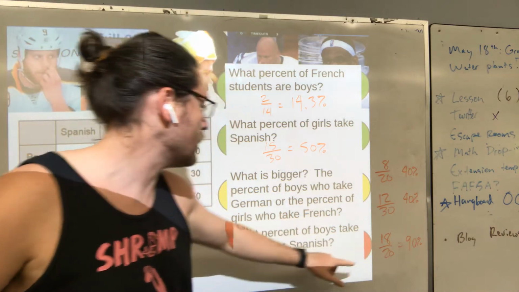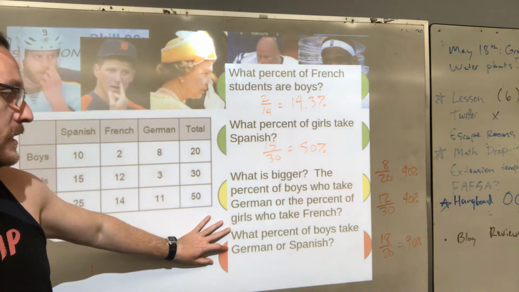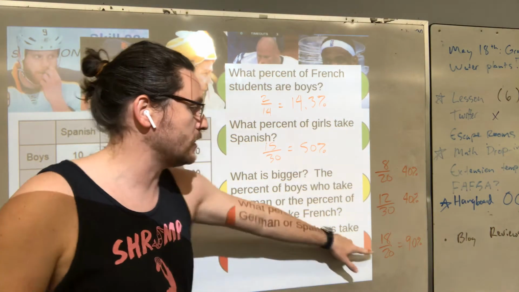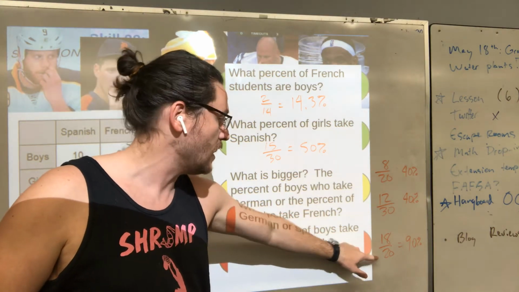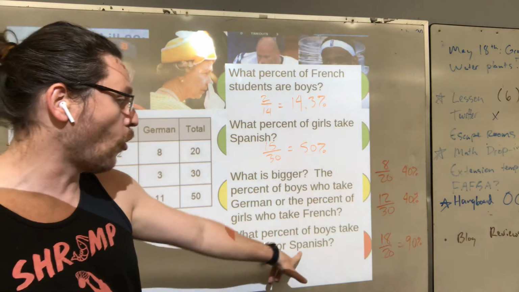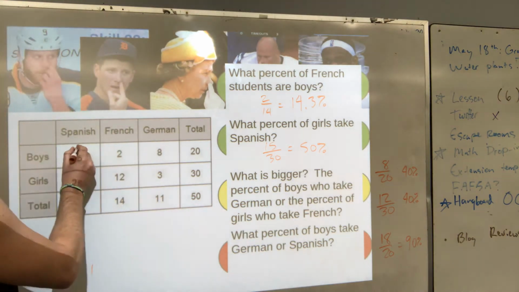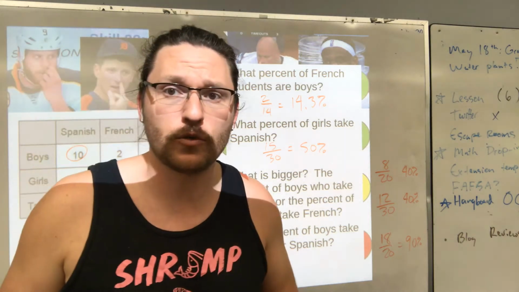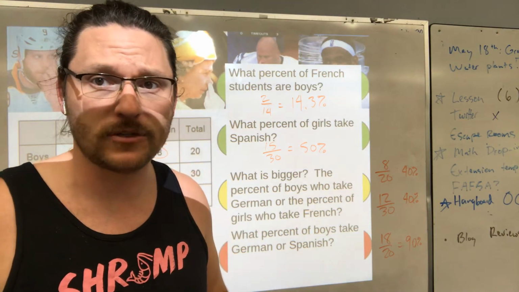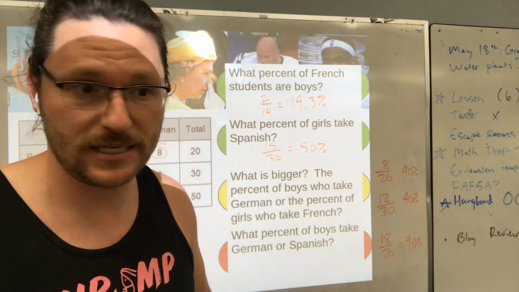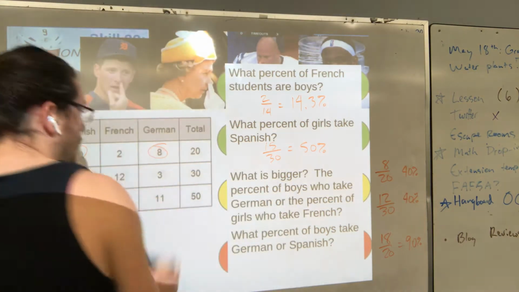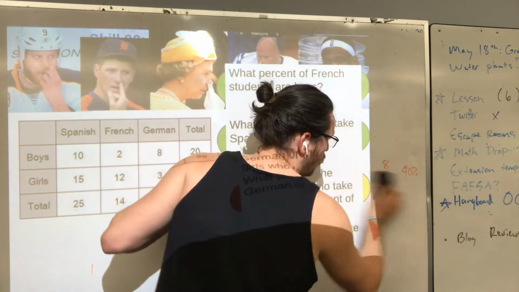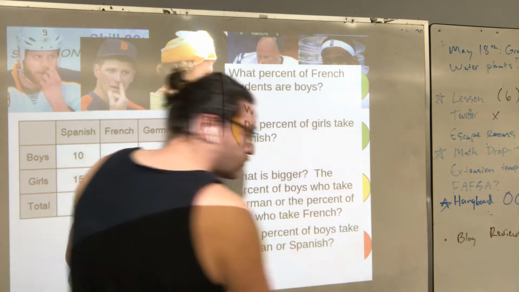And then the last one here, what percent of boys take German or Spanish? Okay, we're talking of boys, so the number on the bottom should be 20. And then this is talking about German or Spanish. So that means we need to include these boys and these boys. That's 18 over 20. It should give you a final answer of 90%. Okay, and I want to look real quick one last time at how the wording is so important on